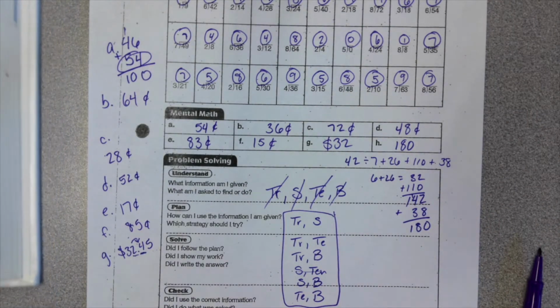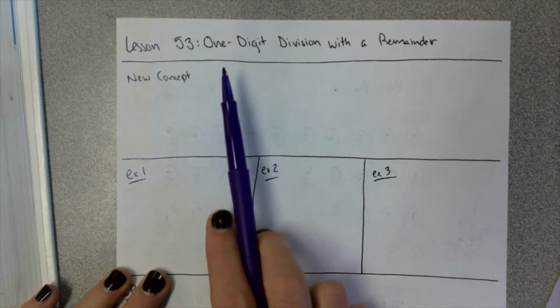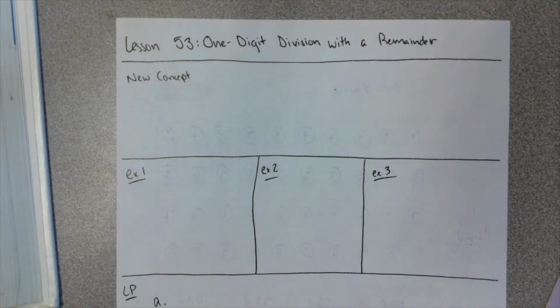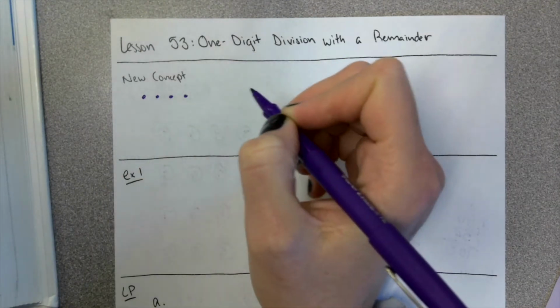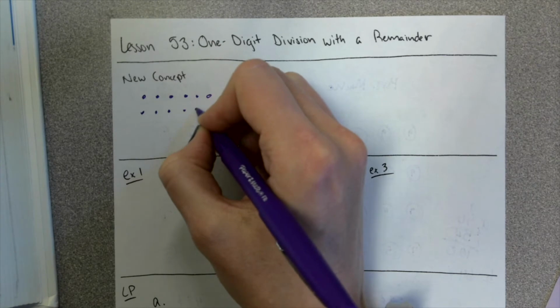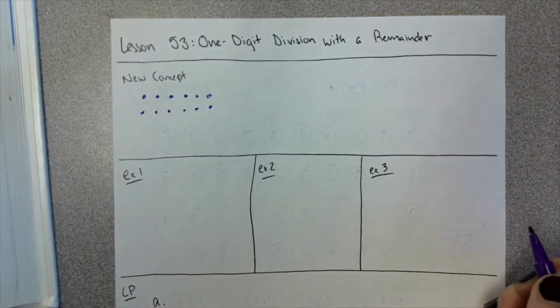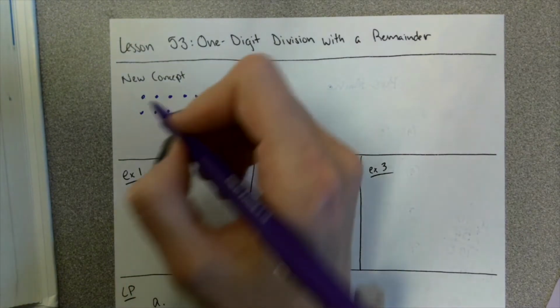Flip it over. We'll get going on our new concept of division. Today our new concept is 1-digit division with a remainder. When we do this, I want you to draw 12 dots. Now, if I'm going to divide these 12 dots into 3 groups, I could put